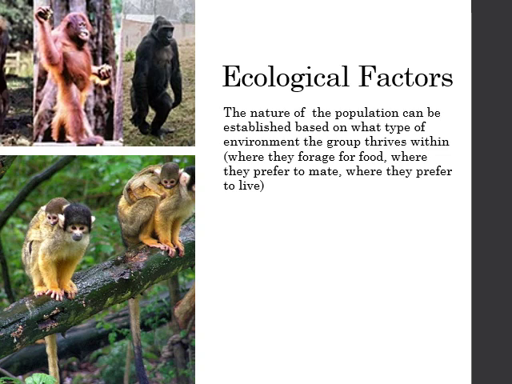You could look at ecological factors. The environment they grow in, where they forage for food, where they prefer to mate, where they prefer to live. You've got some primates that live in trees, and you've got some that live on the ground. Those are two distinct groups. If I was to take fruit flies and have some that mate on bananas and some that mate on mangoes, because fruit flies mate in their food, you would have a banana-loving species and a mango-loving species. They may fly past each other, but they're not going to mate with each other. So they're different species.